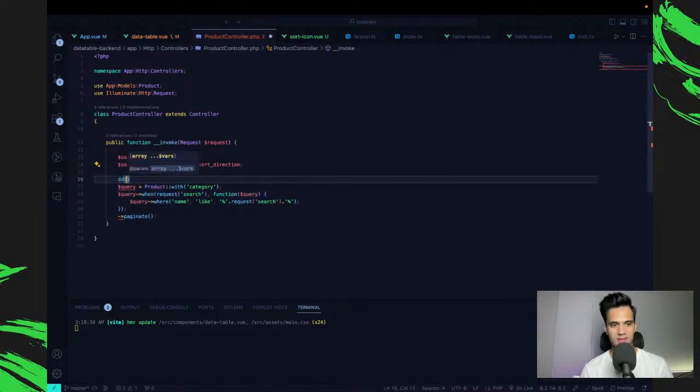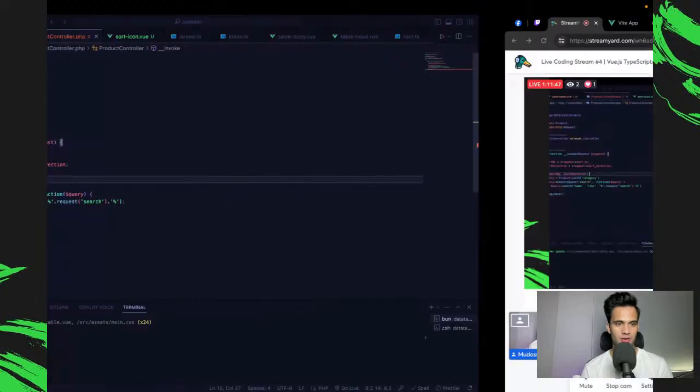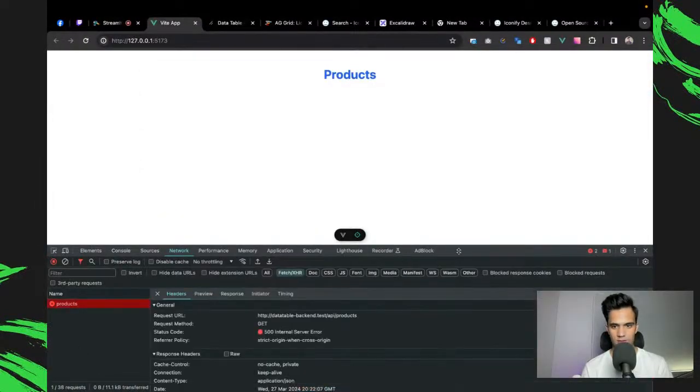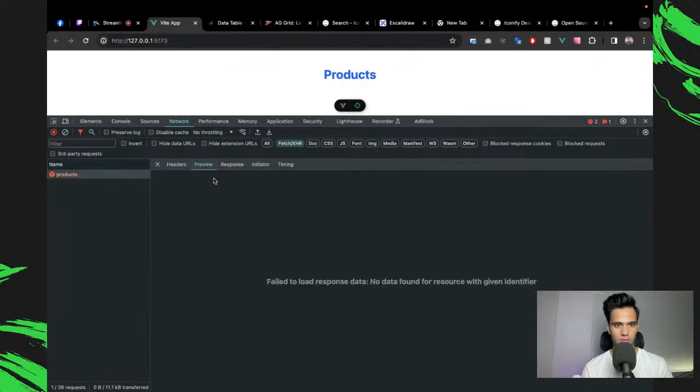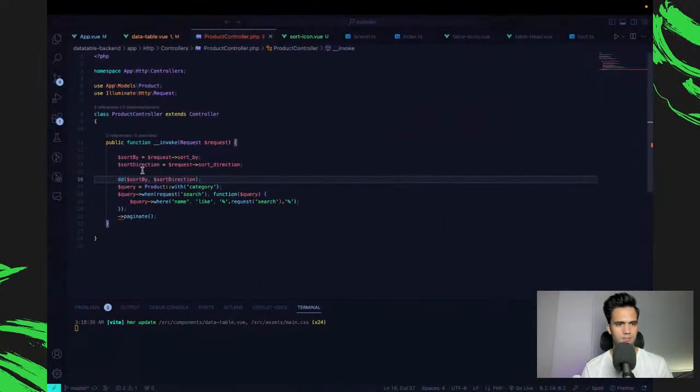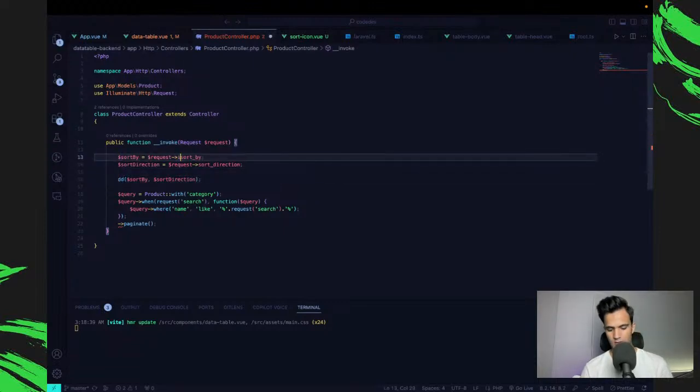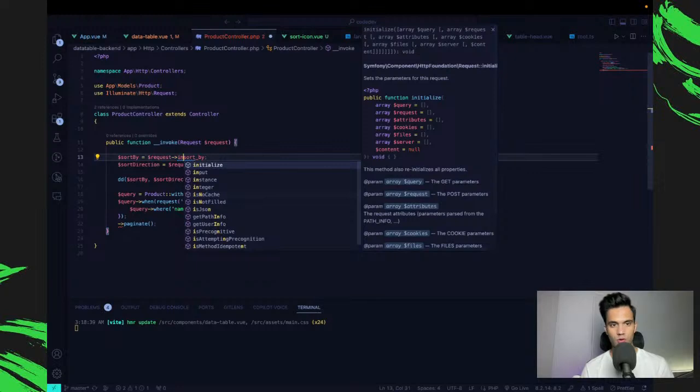And let's just dd sort by and sort direction, and let's see if it works. So reload, we should get the error here. Preview. Is it request input? Oh, sorry.